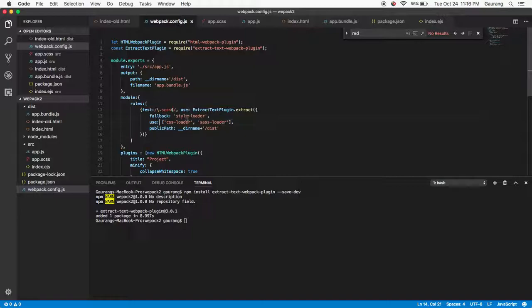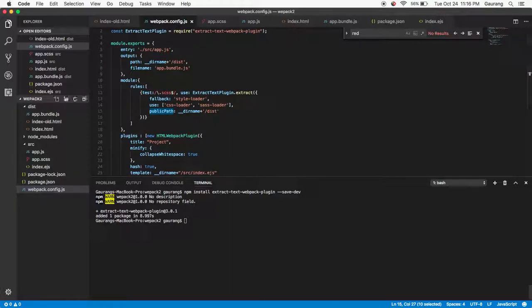This is going to be into fallback. The only way of writing the code is different over here, and this is nothing but at what particular path do you really want to create this particular extracted file. This is one thing. One more thing I'm going to add over here is